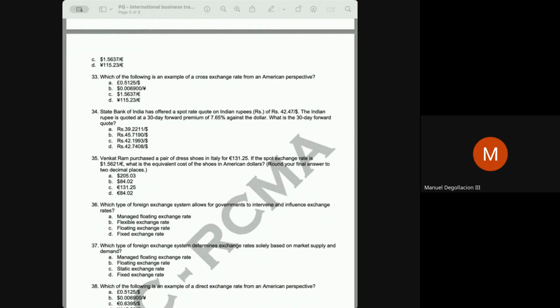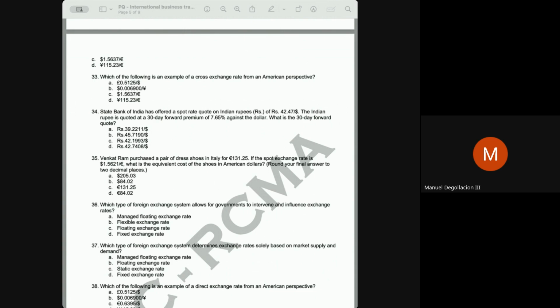34. The State Bank of India has offered a spot rate quote on Indian rupees of 42.47 rupees for $1. The Indian rupee is quoted at a 30-day forward premium of 7.65% against the dollar. What is the 30-day forward quote? So there's a premium of 7.65%, and